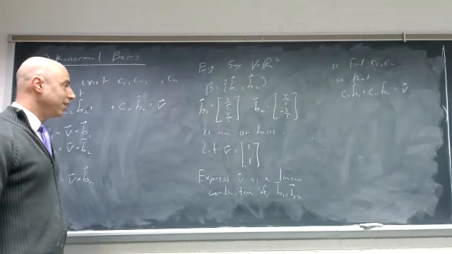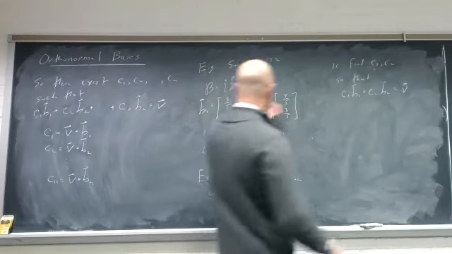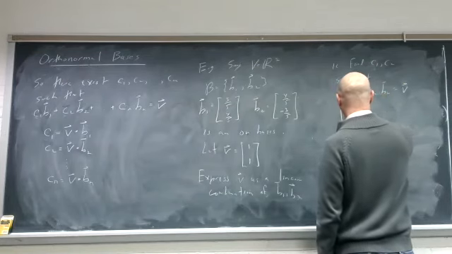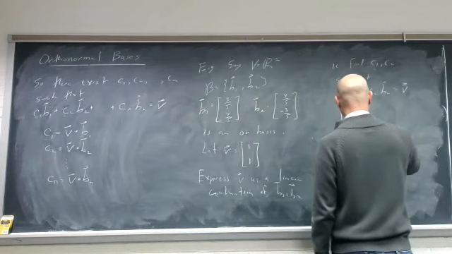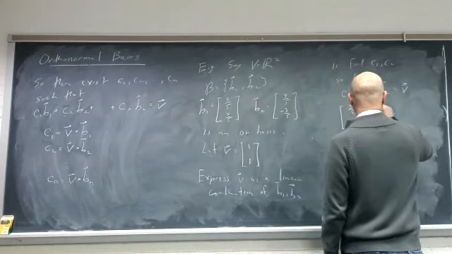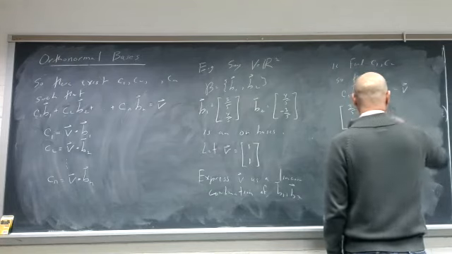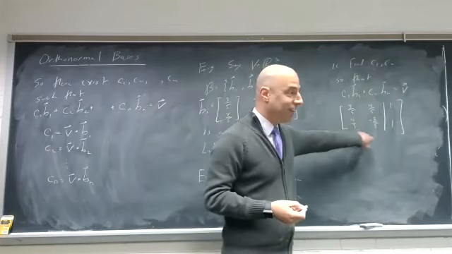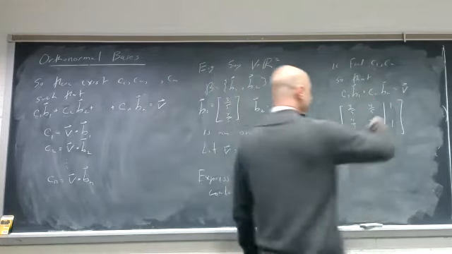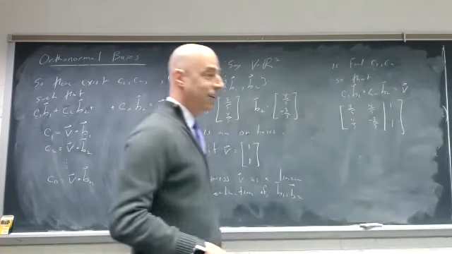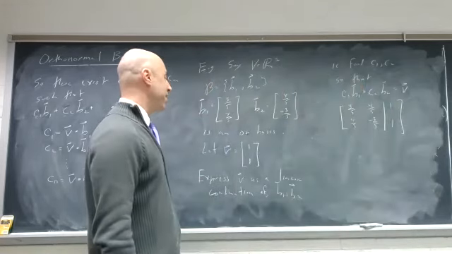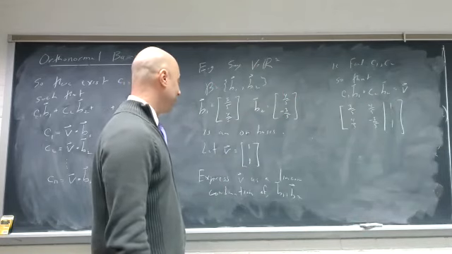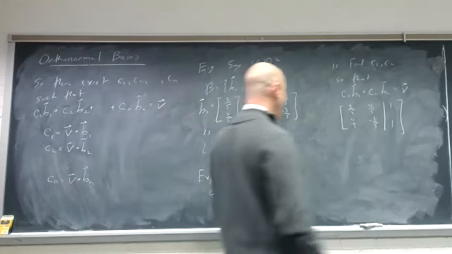Well, there's two ways I could do it. I could either set up the augmented matrix, which isn't that hard actually, because it's only 2 by 2. 3/5, 4/5, 4/5, minus 3/5, vertical bar 1, 1, and row reduce until I had the identity over here. And then whatever numbers were over here would be my C1 and C2. It's just a 2 by 2 matrix. It's not that bad, other than the fact that there are fractions, which always makes things a little bit harder. Or I could just